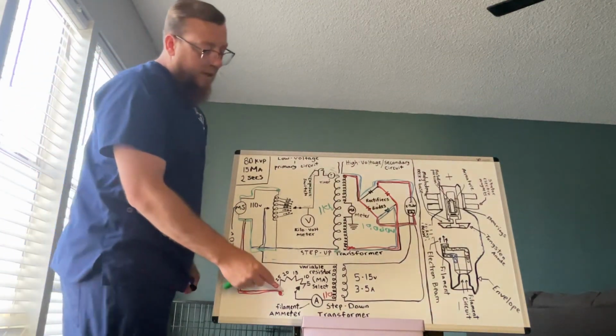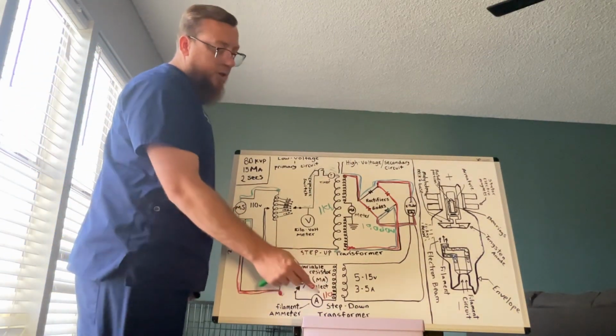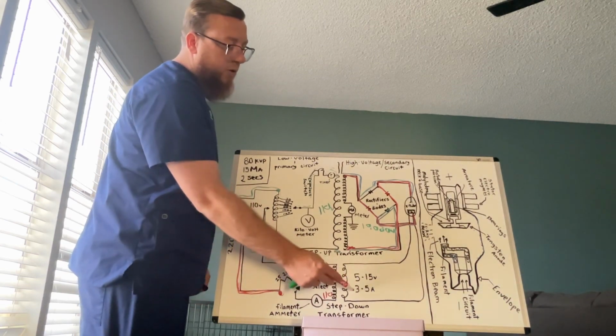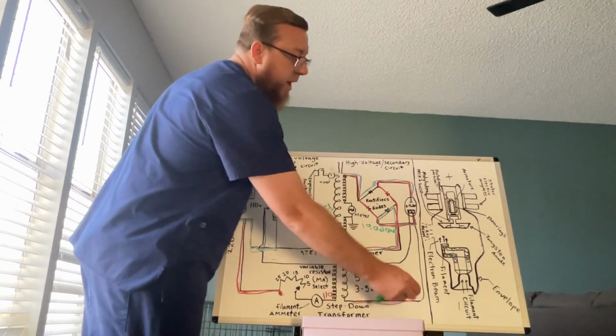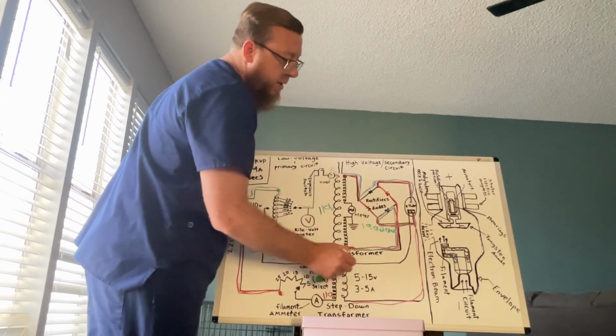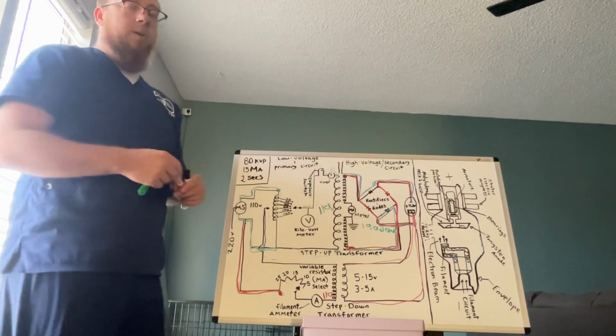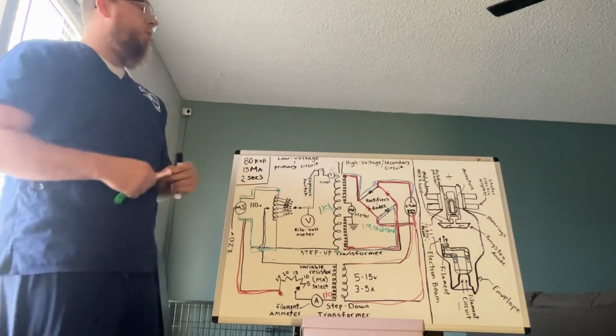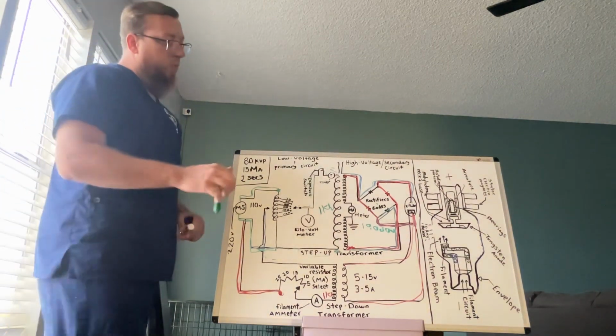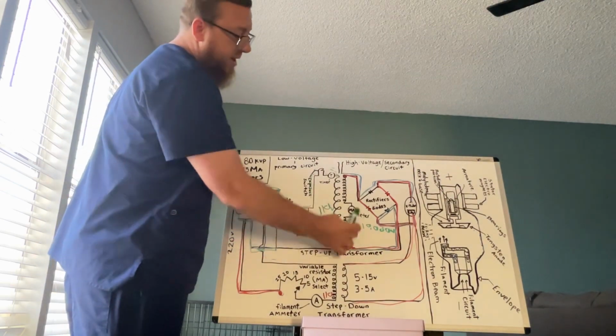Staying down here on the circuit, after we convert that 110 volts into 5 to 15 volts or 3 to 5 amperes, it's going to flow into the X-ray tube, into the cathode side, into the filament, and it's going to start to warm up the filament as a warm-up procedure. Once we get back up to the step-up transformer,